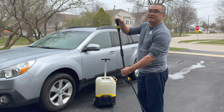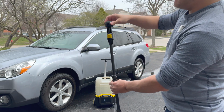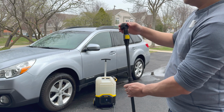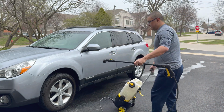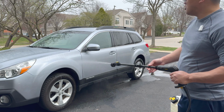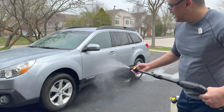You can twist it here, and you can adjust 0, 65, 40, 25, 15 degrees. So this is how the 15 degrees looks like. Just move this to the side. So this is on the low setting with 15 degrees,